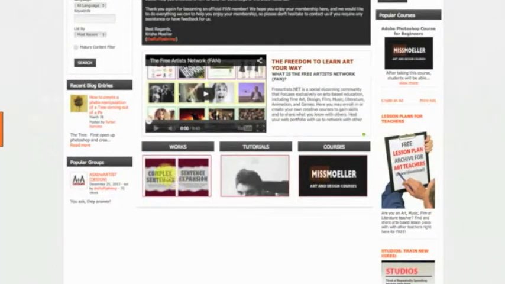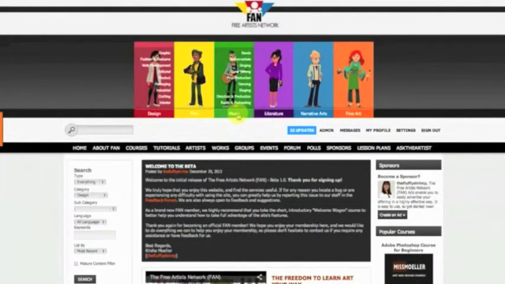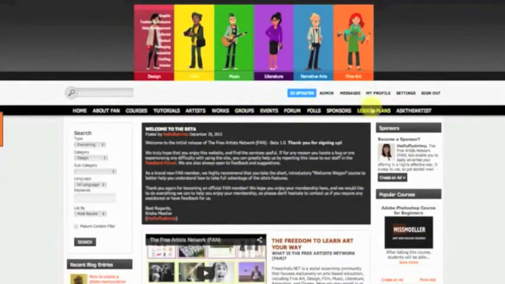The advantage of having these items from the design category only visible is that while this menu is sticking down, I can click on any other segment of the fan website, like artists, or works, or tutorials, or groups, or events, and so forth, and it'll only show me items that are from the design category. That way, for example, if I'm a musician, I probably don't want to see items from the literature category or the film category. I only want to see items from music. So if I had the music category stuck down, I can freely browse all parts of the fan website while I'm just under that category.